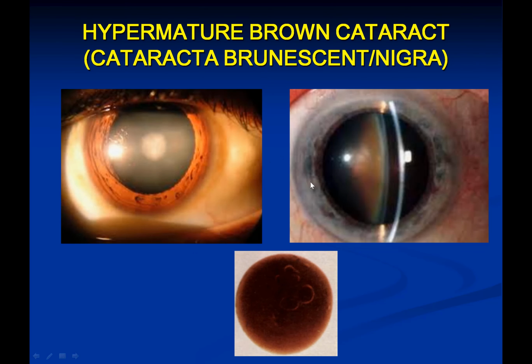Now, hypermature brown cataract. This patient had nuclear cataract but got delayed to report to the ophthalmologist. By the time the patient reached, what are you seeing with the slit lamp? This is the line of light falling on the cornea. Then this is the black anterior chamber, and on the back of it, this entire thing is the lens. You see a lens capsule, and there is hardly any cortex remaining. All the lens cortex has turned into dark brown nucleus. This happens in hypermature brown cataract. There is hardly any cortex left, as seen here.